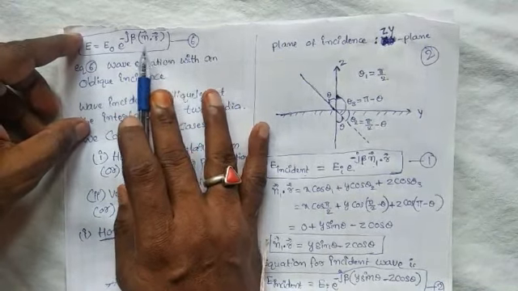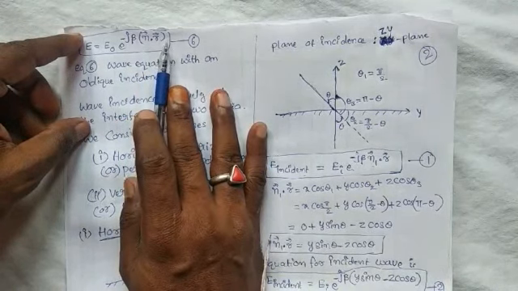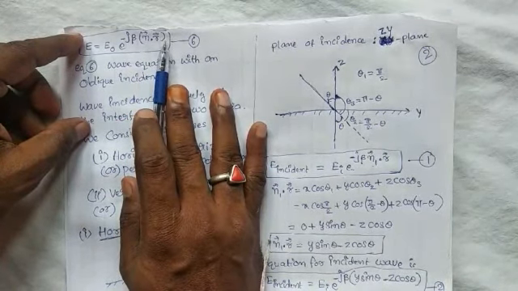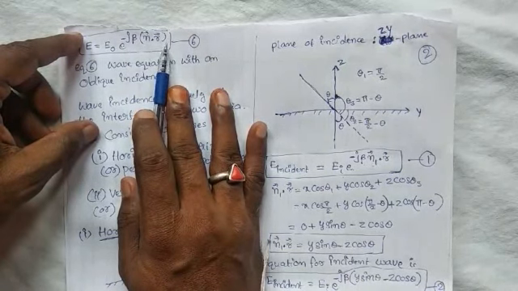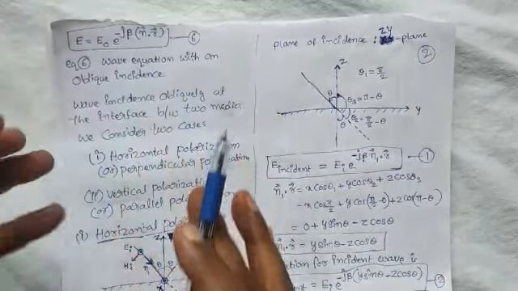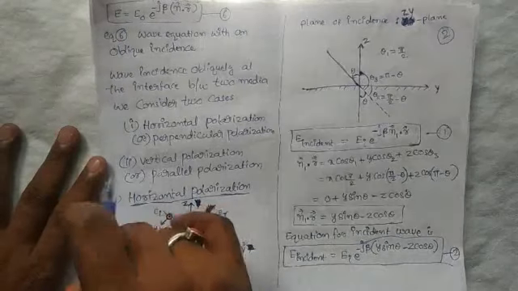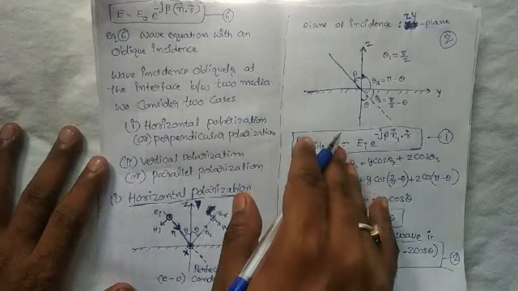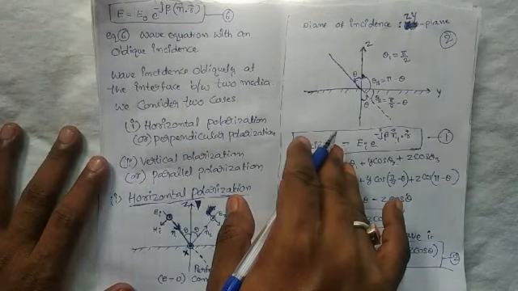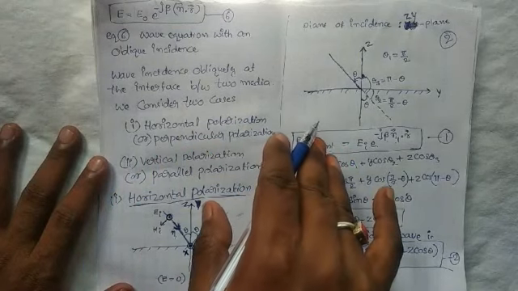Here, what does this equation indicate? It is the wave equation with an oblique incidence. Here the wave is incident obliquely at the interface between two media. We consider two cases of